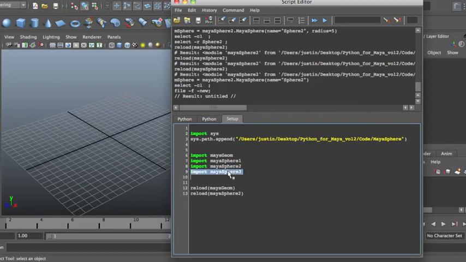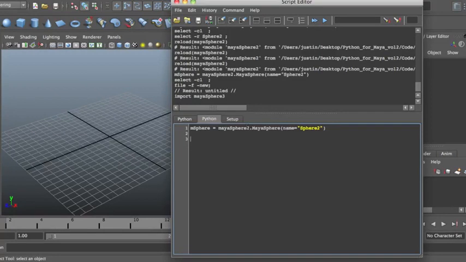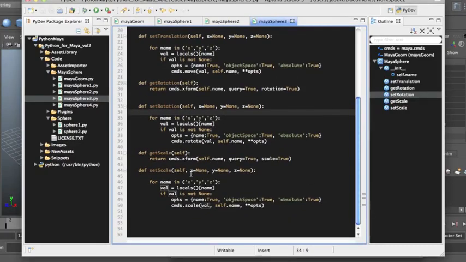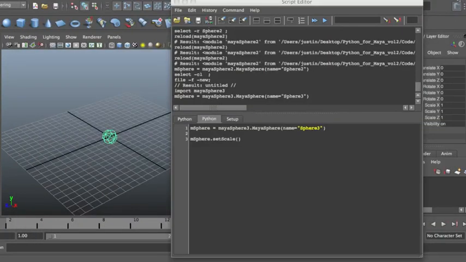So now we import our third sphere. And let's say our third sphere, we'll give it a name 3. That comes in, and you remember that we can actually now msphere, msphere set scale, and scale, looking at our code, has optional X, Y, and Z. So I can say let's just scale it on the X to Y 2.1, and let's